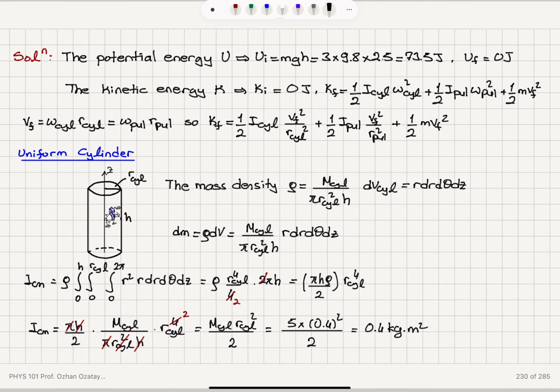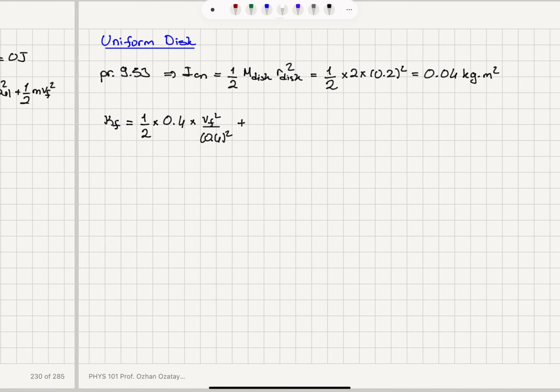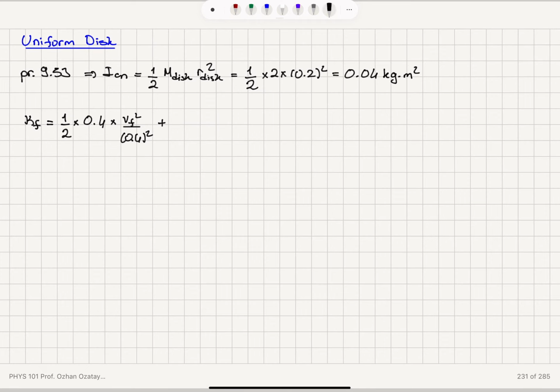The second term is 1 over 2 I pulley omega pulley squared, the rotational kinetic energy of the pulley: 1 over 2 times 0.04 times V final squared over the radius of the pulley, 0.2 squared, plus the translational kinetic energy, 1 over 2, 3 kilograms times V final squared. So this gives us 1.25 plus 0.5 plus 1.5 times V final squared,